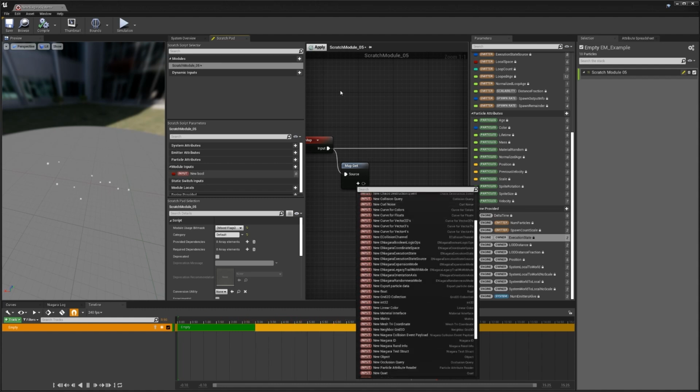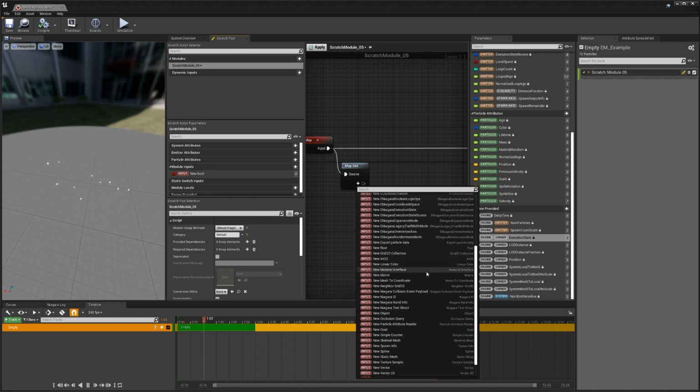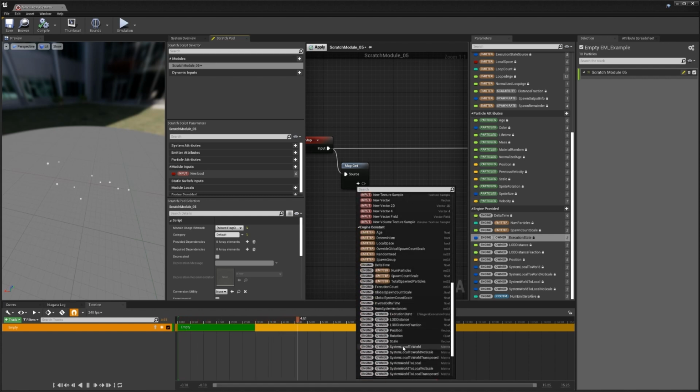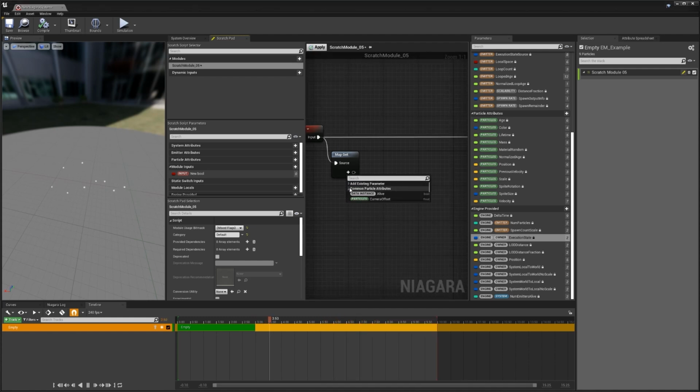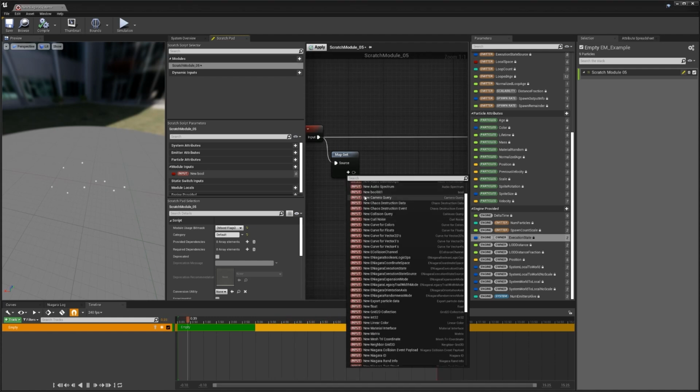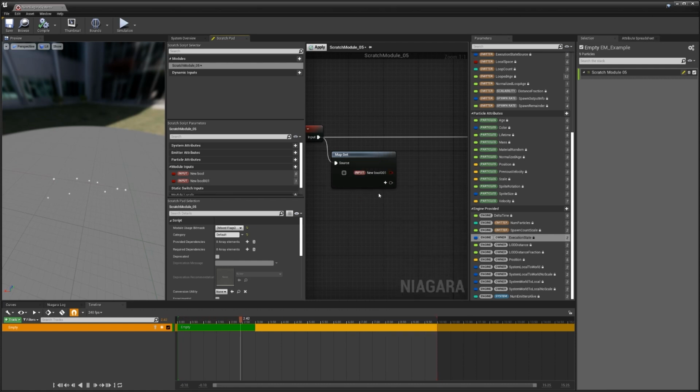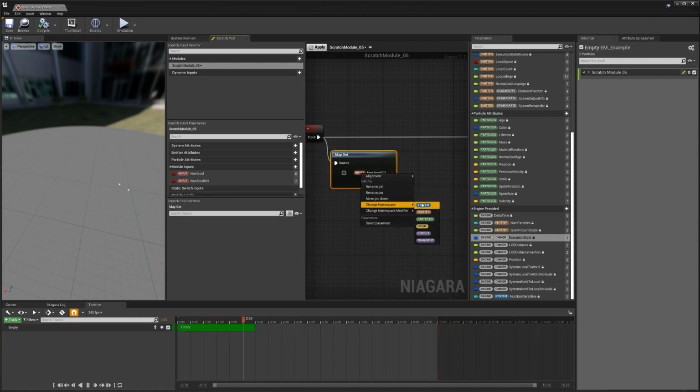Inputs are variables that can be set by the user. And then we have access to the engine constants as well that we can get. We don't have to just rely on these though. We can convert these variables as well. Right-click, change namespace, and set to the variable you want to use. You can probably tell what system, emitter, and particles do, but local, output, and transient might be new to you.